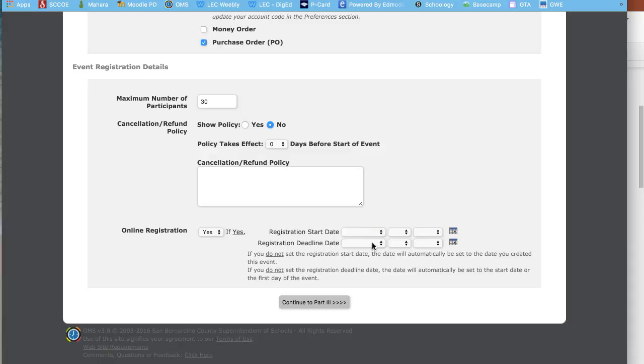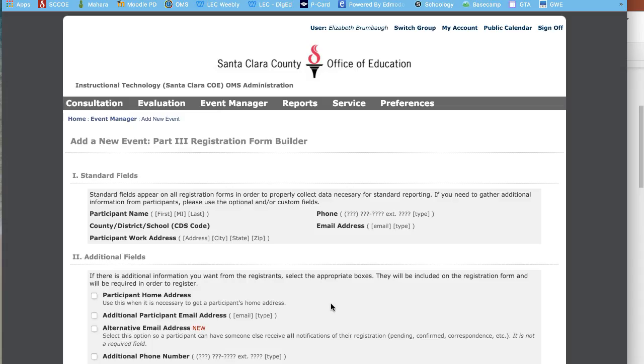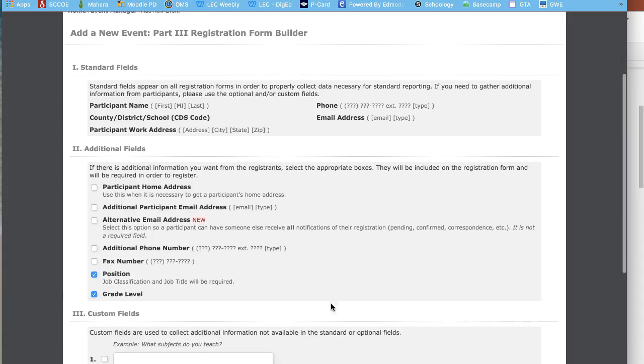LEC classes or classes that you have to prep prior should have a deadline date of at least 2 days prior to the kickoff date. Any others, generally we leave those blank and they are set for the date or the first date of the event. You then click on continue and you will see the standard fields of information that is being collected: